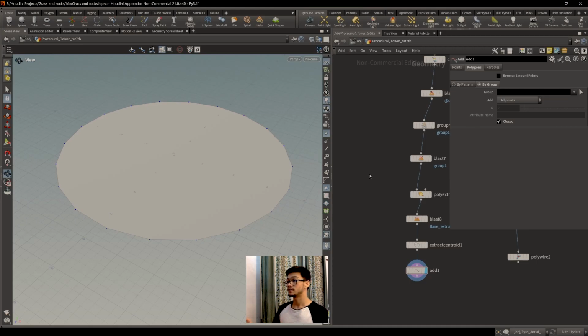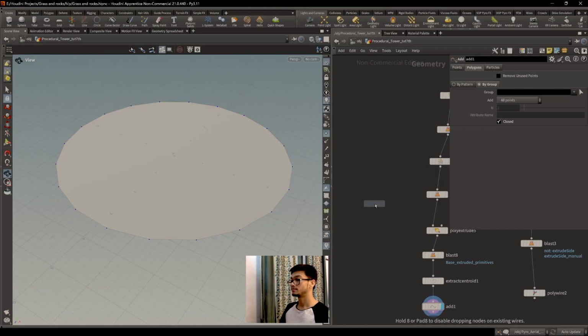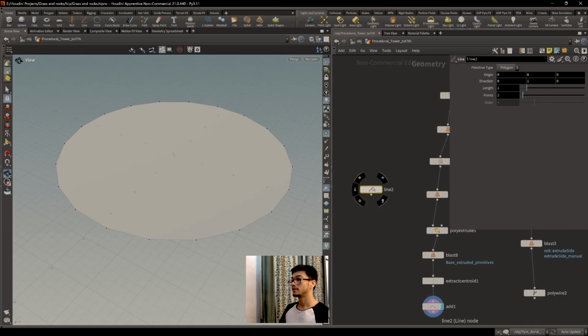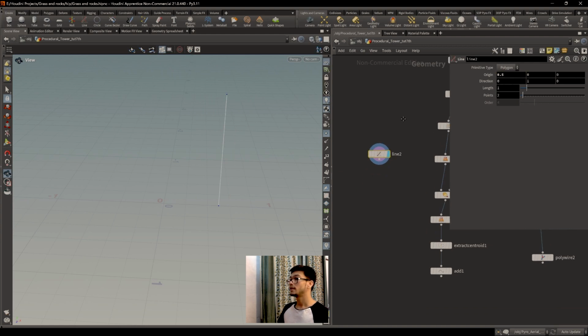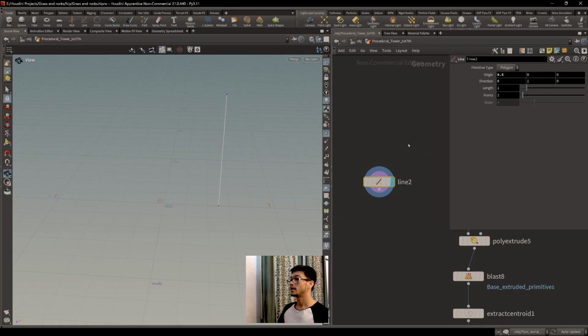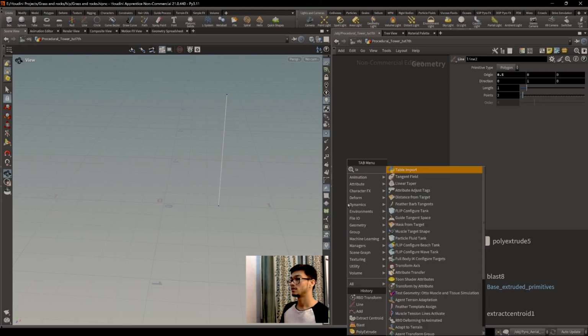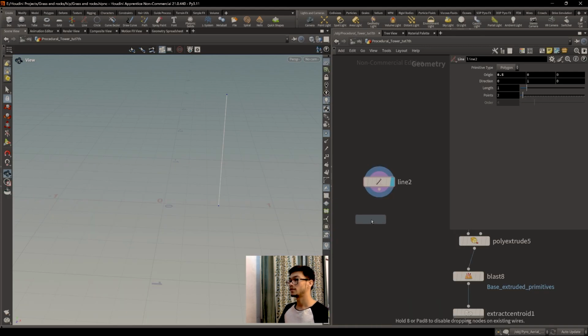And there are two ways we can copy to points. Let's create our line, and it looks something like this. I want to slide the origin in x, something like this. Point 5 is enough. And when I transform this,